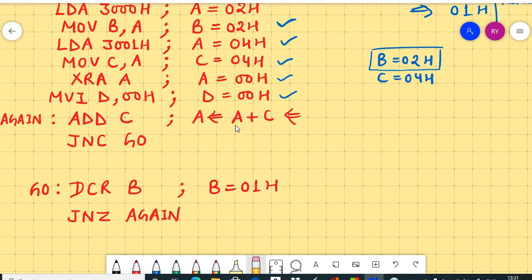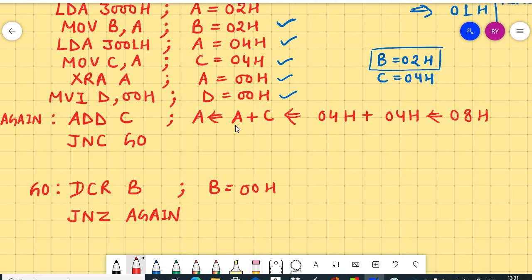At that time the recent value of accumulator is 04H, then add with 04H. Okay, and the result is 08H. Again check the carry. If carry is not generated, then decrement B. So the value of B decrements to 00H.